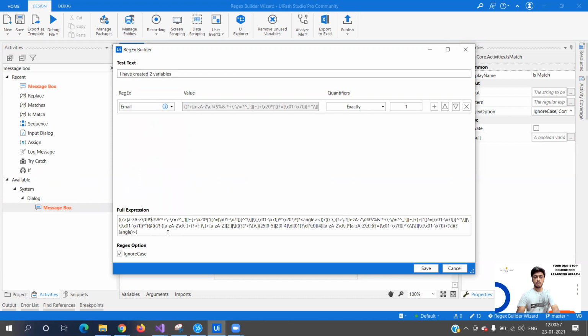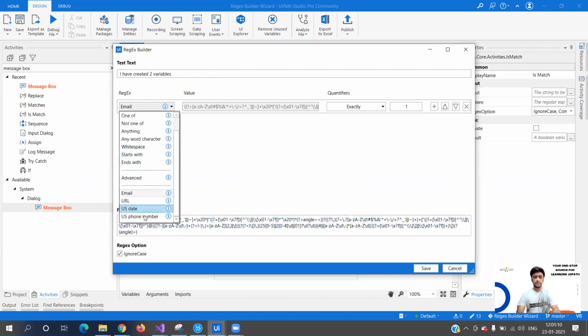So now practically it is for someone who is just starting from regular expression from scratch, it is very difficult to write such kind of expression in which the email can be identified. So you see email is available, then URL, US date, US phone number. US date is something, let's see, yeah, January 26 1995, right? Then phone number, if you write in the US pattern.